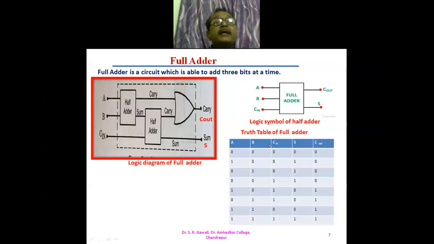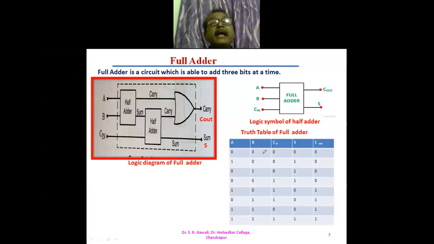Okay. Now, when we consider the full adder, these 3 bits are to be added together. Now we know that we can add 2 bits at a time, but we cannot add the third bit with the help of the half adder, and therefore there is a need for the full adder. So what does the full adder do? The full adder adds the 3 bits at a time, and these possible combinations are shown in the truth table.